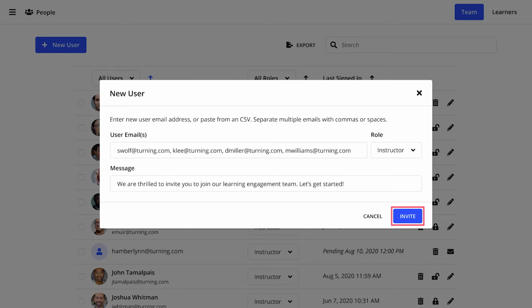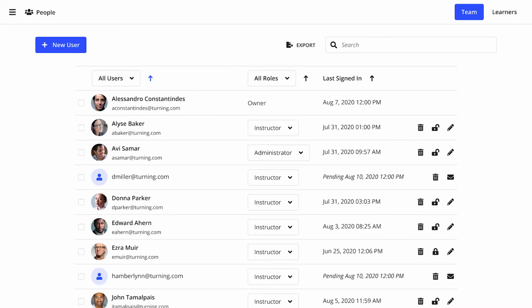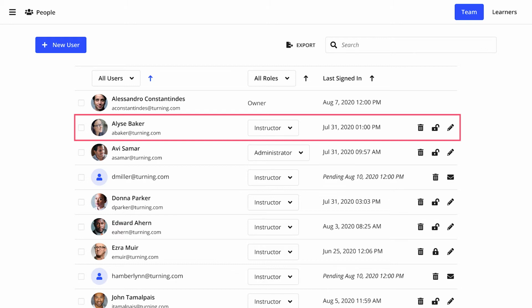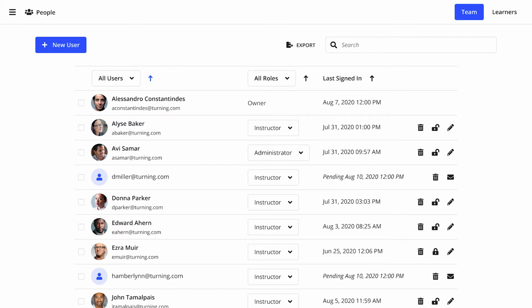Then select Invites. The users will receive an email invitation within a few minutes informing them that they have been added to your organization. The user's name, email, role, and login status will now appear on the team page. If the user has not accepted the invite, you will see a pending status and the date their invitation was last sent. Once they have accepted the invite, you will be able to see the date and time that they